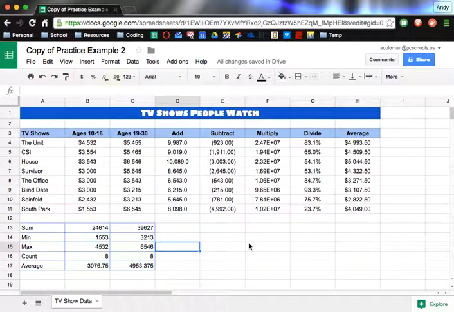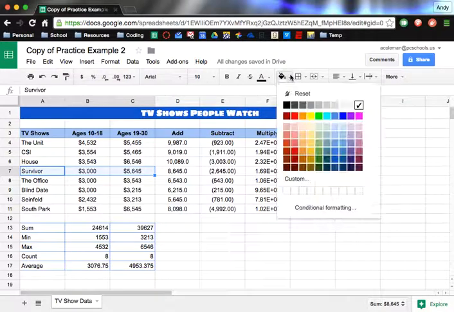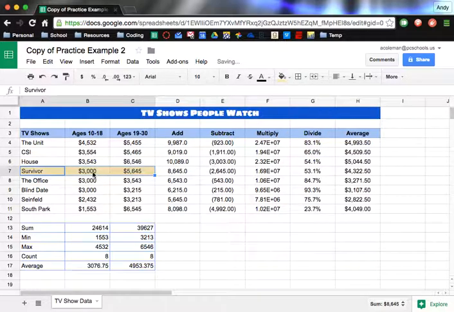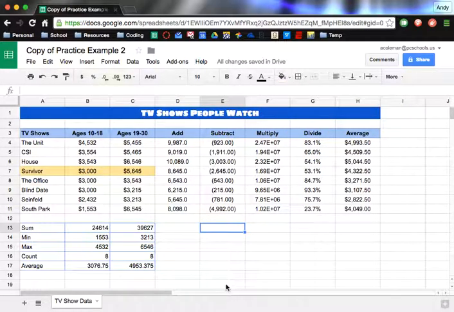Alright, one more formatting thing just to make our life easy when we do our next thing. Highlight Survivor and the 2 colors that go with it, and then give it a color. It doesn't really matter what. We just want to be able to recognize those 2 numbers without having to memorize them. Alright? Okay, so